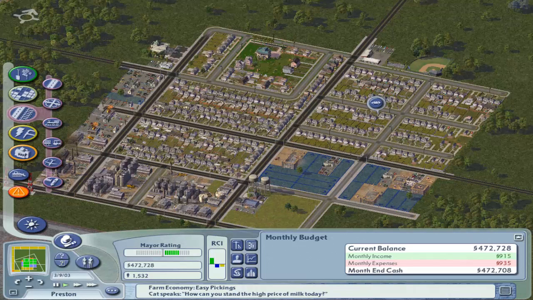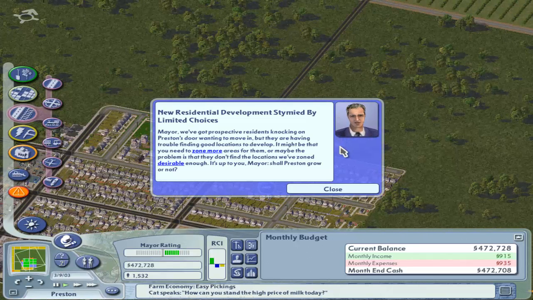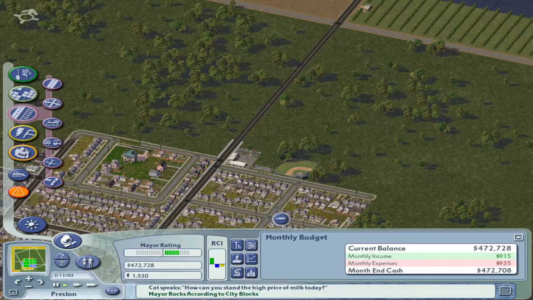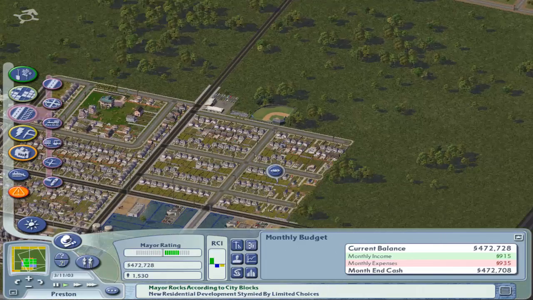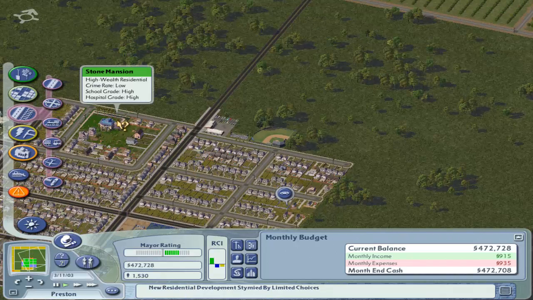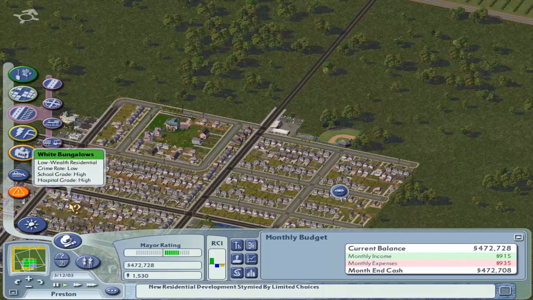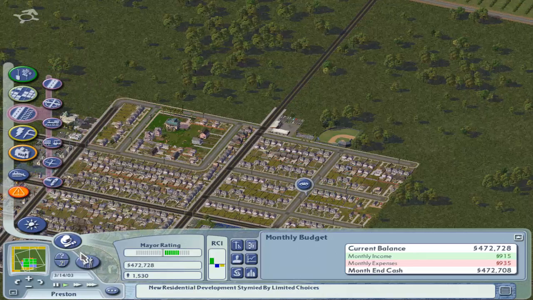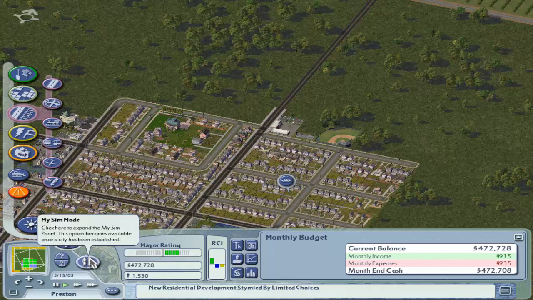But we do need farms, and yes, we need more residential, and I will build more residential before the episode is over, because we're not going to have much of a long episode this time. I think we're going to have enough stone. Actually, since I will try and increase our budget here just a little bit, I'm going to go ahead and put our